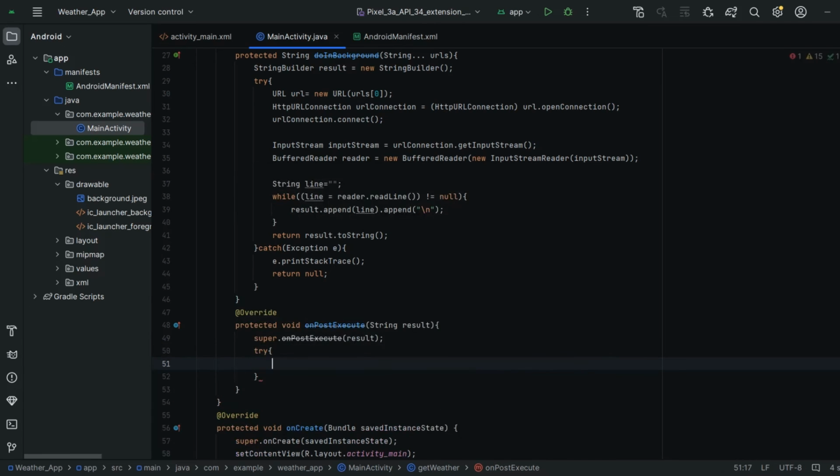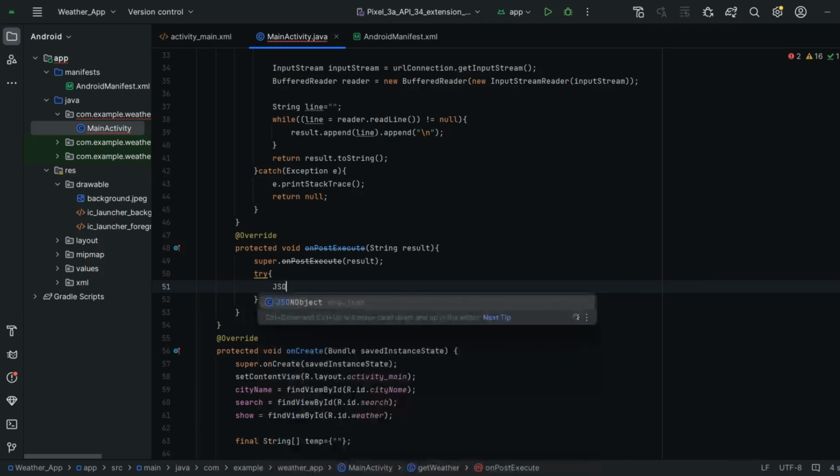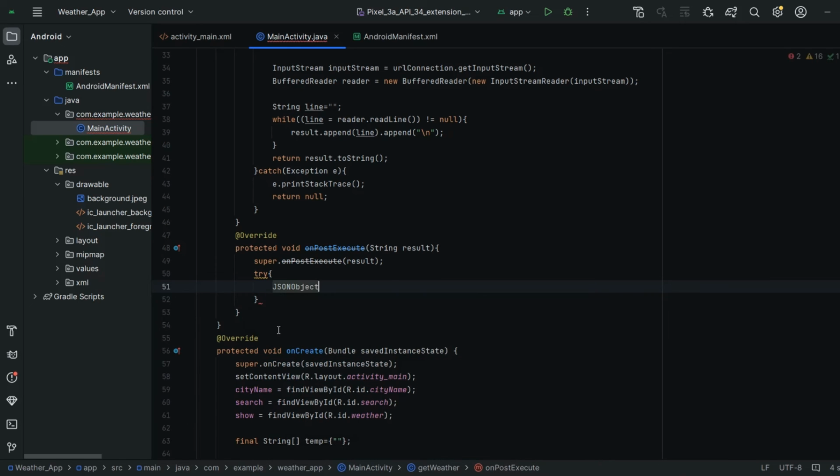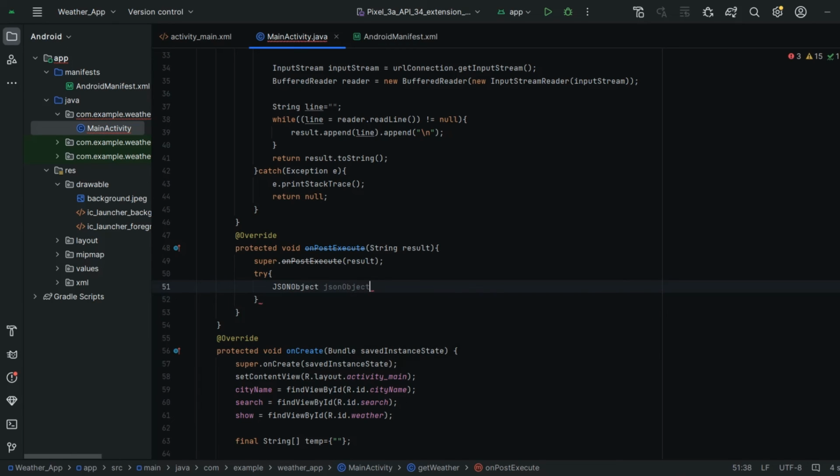Next, same here also, the try catch method we are using. In try, we are going to type what we are going to do. So first, I'm going to create an object for our JSONObject. I'm going to name it jsonObject is equal to new JSONObject of result.